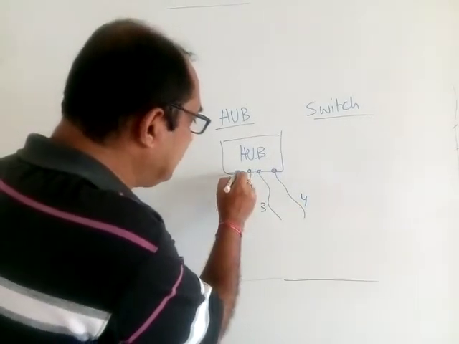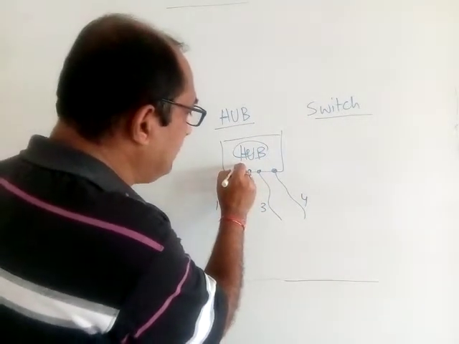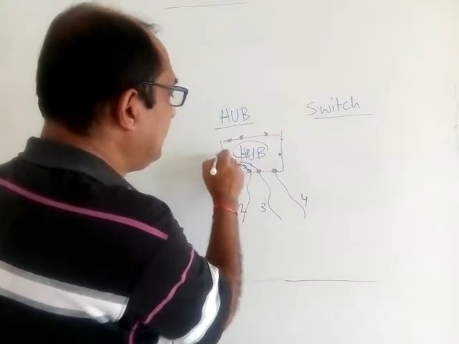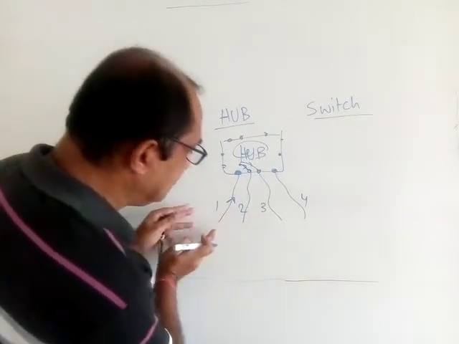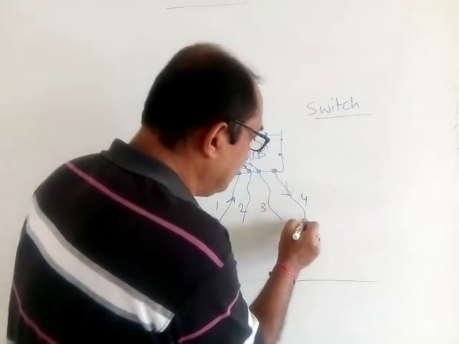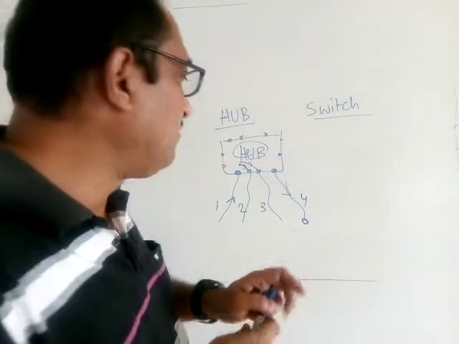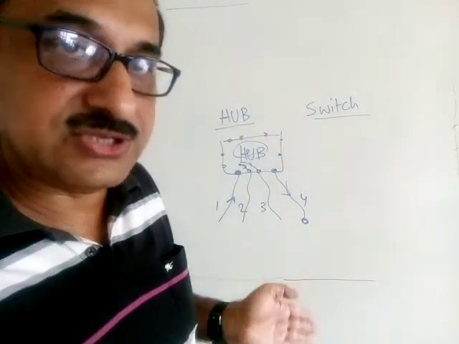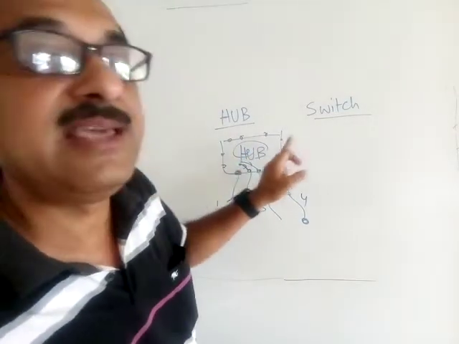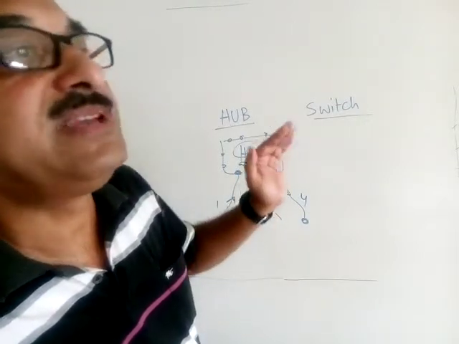But what will happen? After the hub receives the request, the particular signal will be broadcasted to all its other ports. Now this particular data which has come from number 1 is not meant for others. It is only meant for number 4. It should go in this direction. But that signal will be broadcasted. The signal will be passed on to all other ports. So as a result, the data signal might not be very strong by the time it reaches its desired place. This is how the data transmission becomes slightly slow.